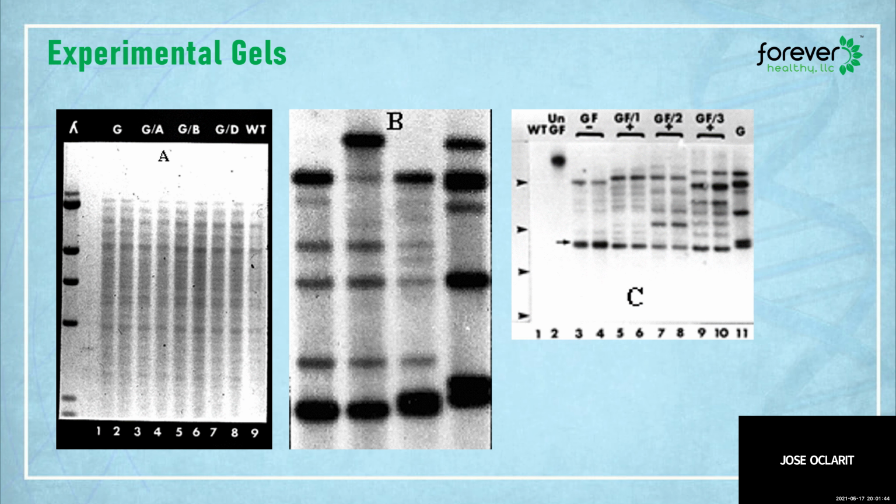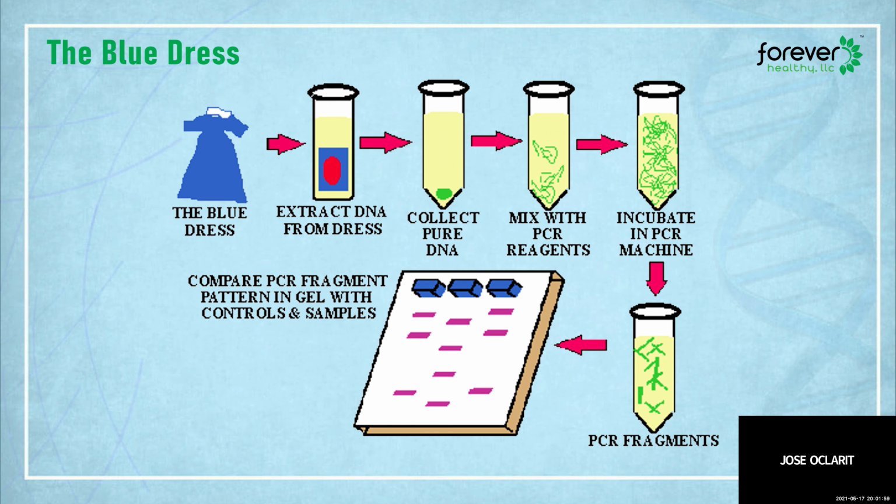So the fragments that you see there are the bands of the DNA of different sizes. The bigger the DNA, the higher it is in the upper portion. The shorter the DNA, the lower it is in the lower portion. So you have a DNA fingerprint. So this is the example of the extraction from the blue dress of Monica Lewinsky, where the DNA was extracted, the sperm cell of Bill Clinton. It was collected and amplified with PCR, and then it was hybridized, and it was revealed that there are common bands of DNA between Monica Lewinsky's DNA extract and that of the DNA of Bill Clinton.